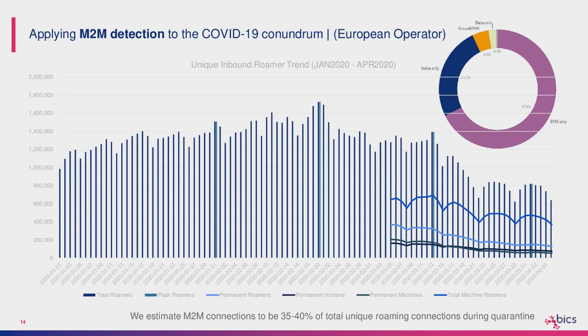If we follow the blue line again, we can see that actually here, machine roaming accounts for an even more significant piece of this operator's continued roaming revenues during the quarantine period. And it follows the weekly trend. You can see clearly the weekends versus the middle of the week. And this was actually linked very heavily to the movement of shipping across Europe. All the people who are now doing online shopping, there's a lot of Amazon trucks moving, a lot of different containers and all that stuff moving across borders for this specific operator. And you can see that the machines continue to bring a significant portion of roaming revenues over time. And in this case, okay, it was mostly SMS.